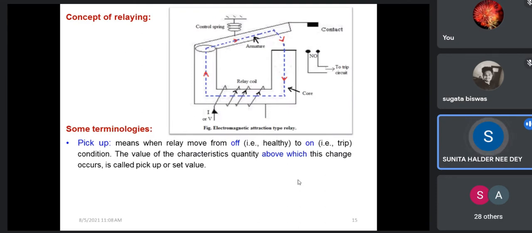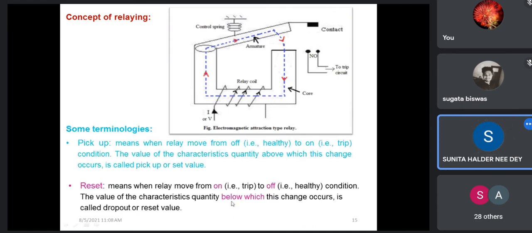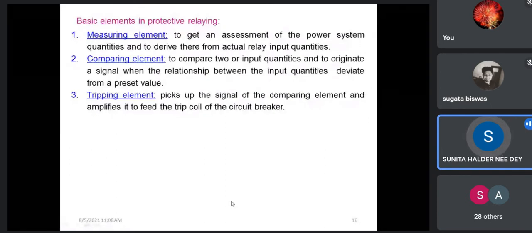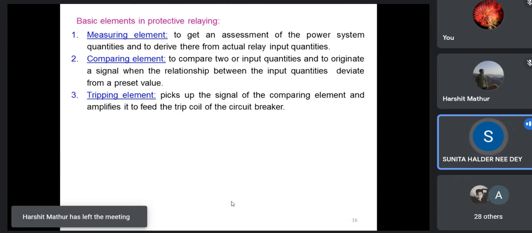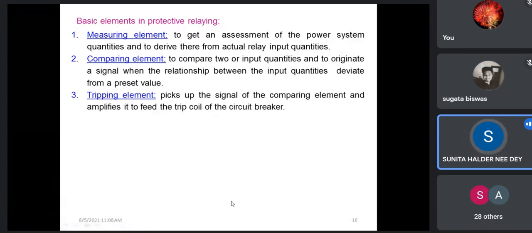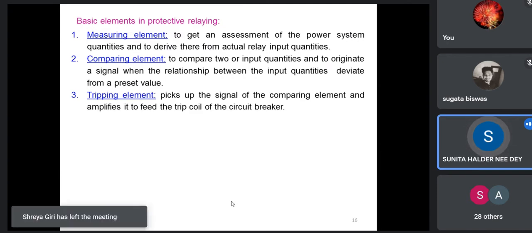So actually it is indicating that the system is again healthy. So for a relaying system, we need three elements. What are they? First is the measuring element. That means we have to measure the quantity based on which we shall design our protection devices, protection plans. In the case that we have learned, the measuring element is simple current. Simple current is stepped down by the CT, and that is measured or monitored every time to take the relay operation.